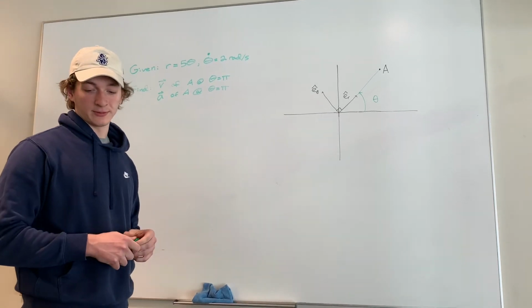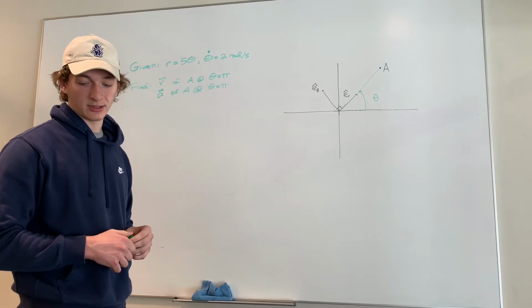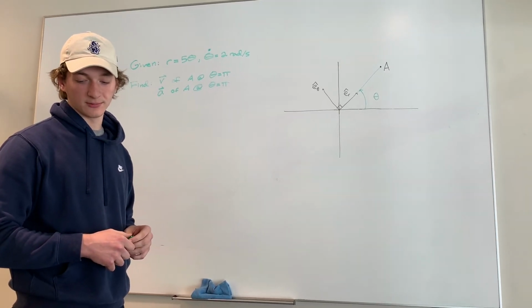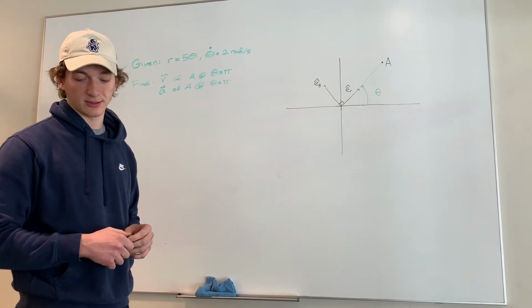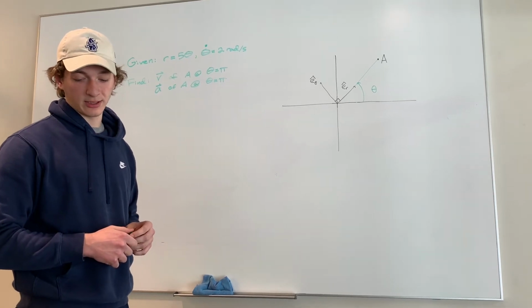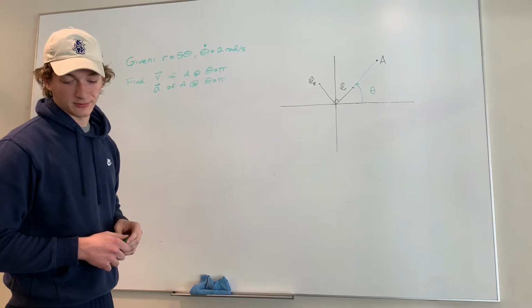Example 1A4. Particle A travels on a path such that the radial position of A is given by r equals 5 theta, where r is given in meters and theta in radians. It is also known that theta dot equals 2 radians per second and is a constant. We're trying to determine the velocity vector for A when theta equals pi, and the acceleration vector for A when